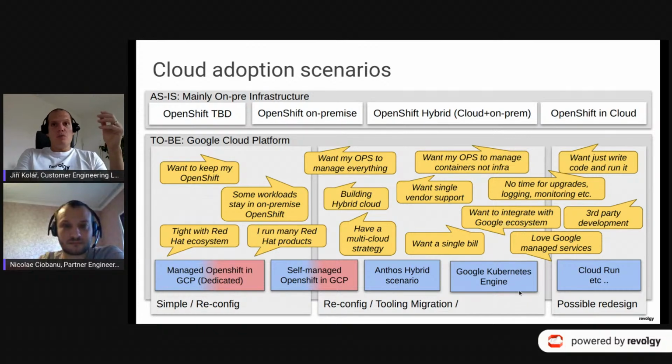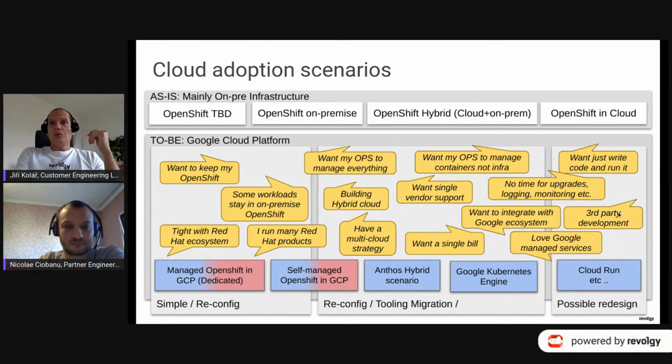Then Google Kubernetes Engine could be the right option for you, which means a kind of migration from OpenShift. However, depending on your scenario, this can be difficult. It can be just reconfiguration, or migration of certain apps, or a bit more complex.